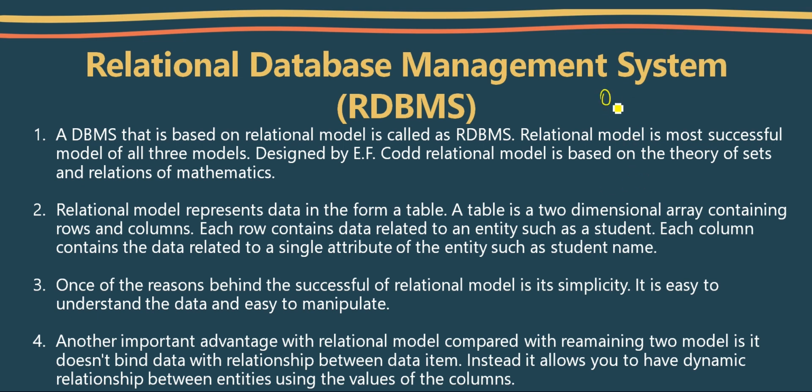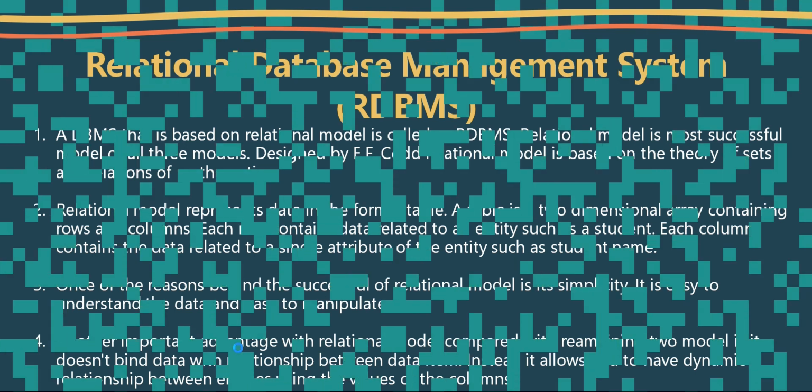If you want to create a one to one relation only, you can create that one. How we are going to create it, we are going to look at that, but for now just think that a relational database management system, RDBMS, doesn't provide any inbuilt relationship. You can create your own relationship. If you want one to one, you can create that one. If you want one to many, you can create that one too. So whatever kind of relationship you want, it totally depends on you, how you design your database and what relation you want.